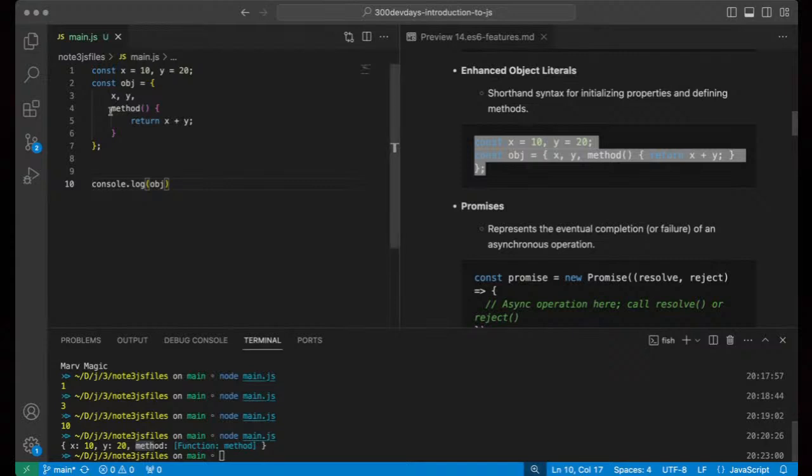So you basically notice that we have that method in here. So this is the method. It's a function that we've created within this object. And what we have done is we're able to define an object. We're able to also define the values x and y, and we also have a method that we can use for performing some sort of function or calculation within that method.